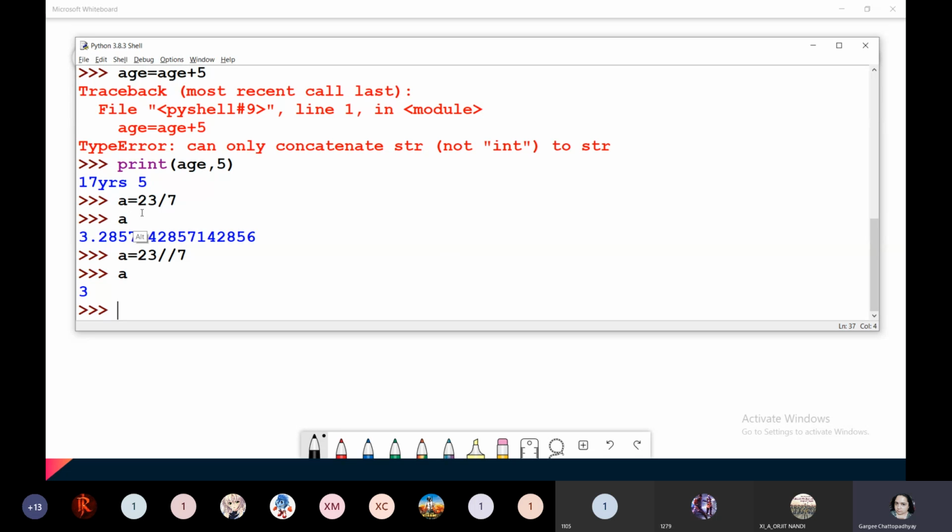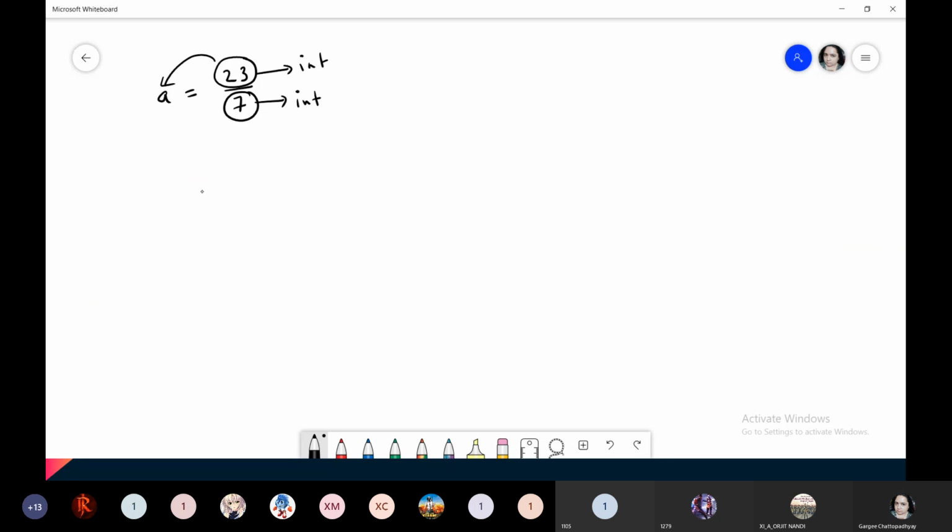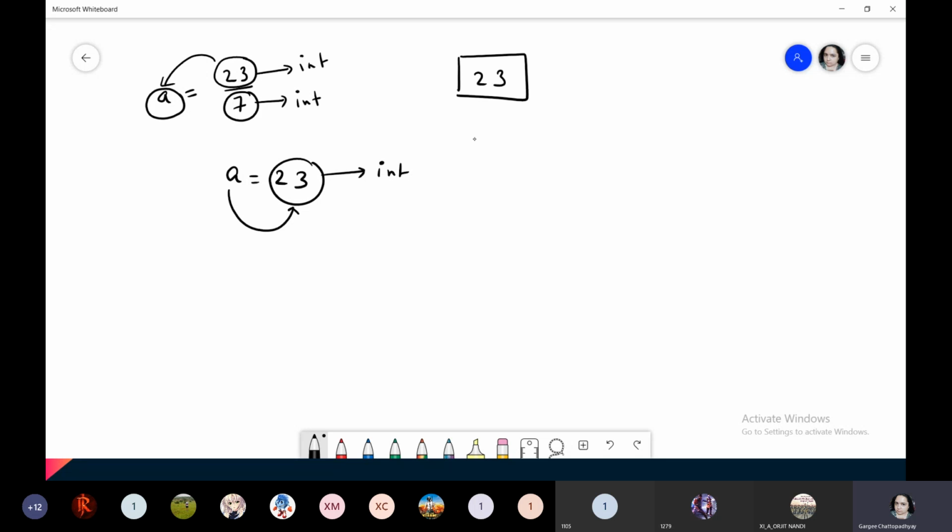Okay, so now see, Python automatically takes up the value of a variable, that is the data type, by looking at what is there on the right hand side. If I simply write a equals 23, 23 is what? It is an integer value. So a will be pointing to which type of a value? Integer. In Python, somewhere in the memory 23 would be there, and a is an identifier or a label which would be pointing to 23.